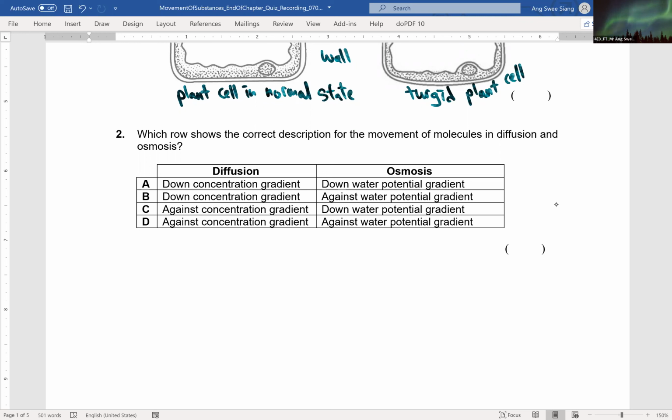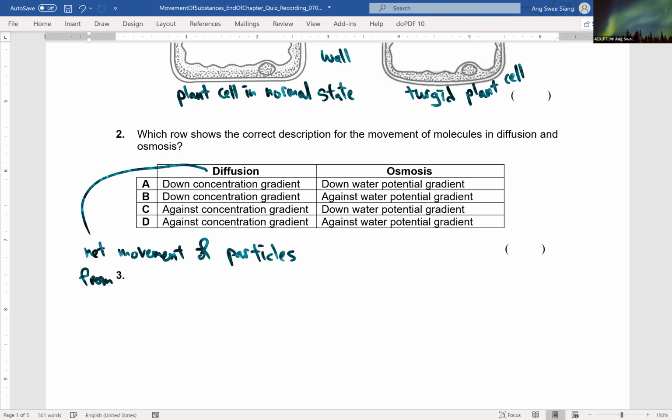So a recap, diffusion is the net movement of particles from a region of higher concentration